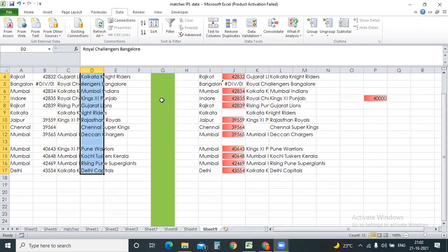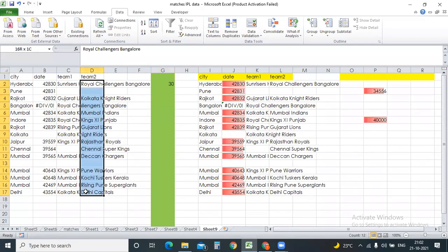I need only values of these, only Royal Challengers Bangalore or Kolkata, Mumbai, and all those values. Apart from that, I don't want to enter any other name.